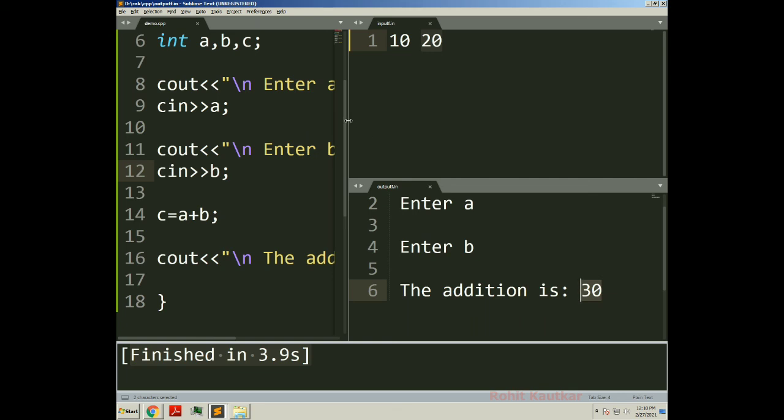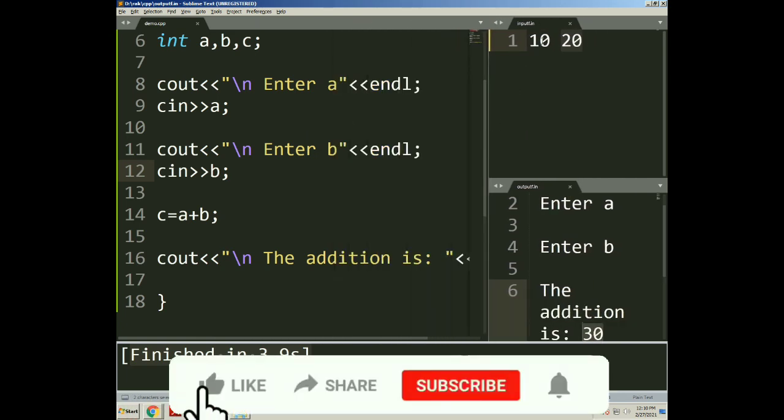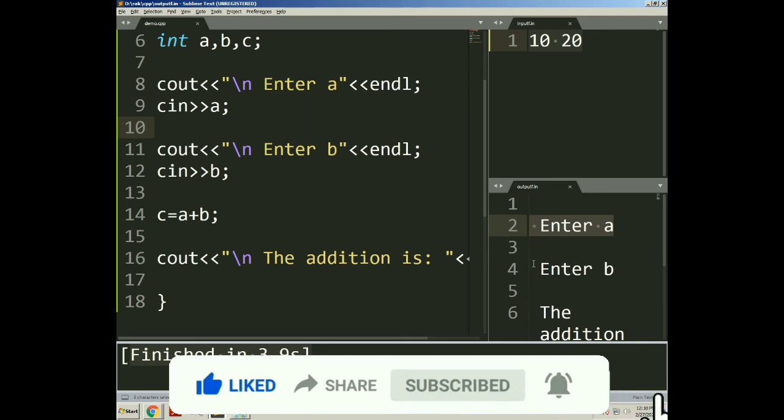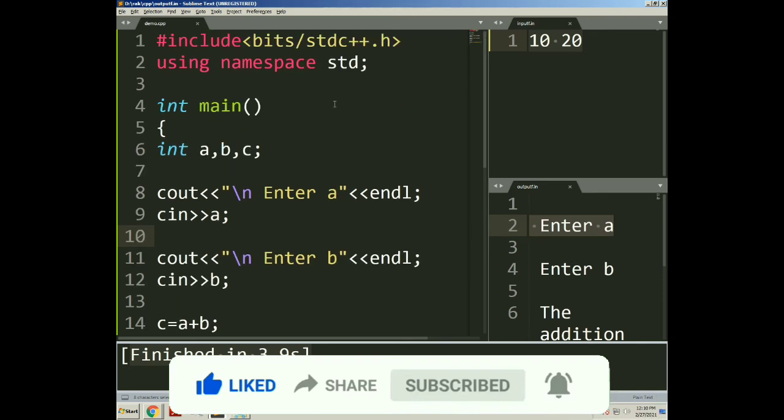So like this you can work with input f.in for passing input to your program and output f.in for getting output from your program in Sublime Text.